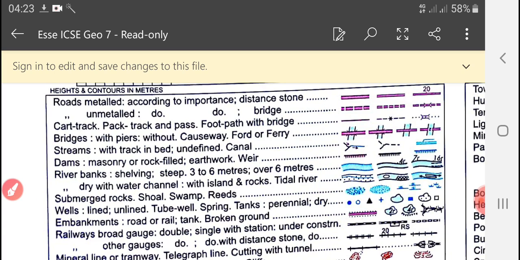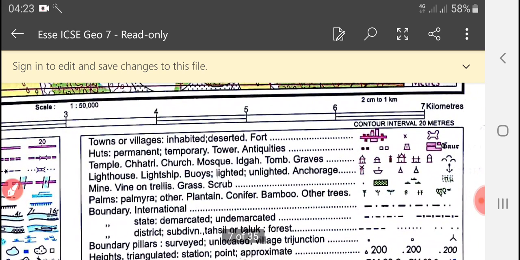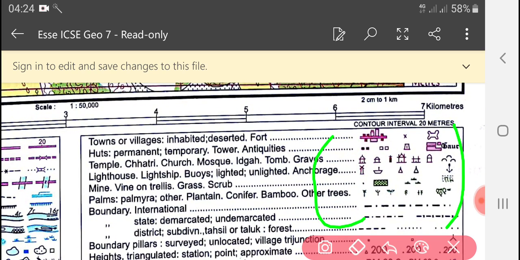So students, please learn these conventional symbols by heart. And now, all of you have to learn the points to remember. Giving you the homework, please learn all the points given in points to remember.